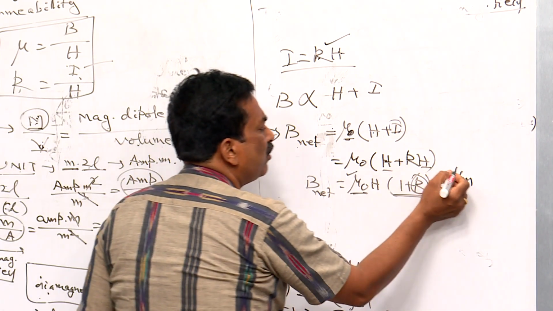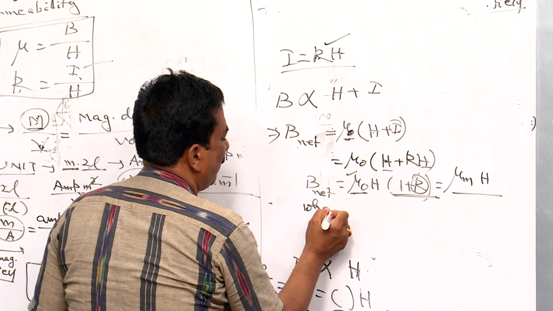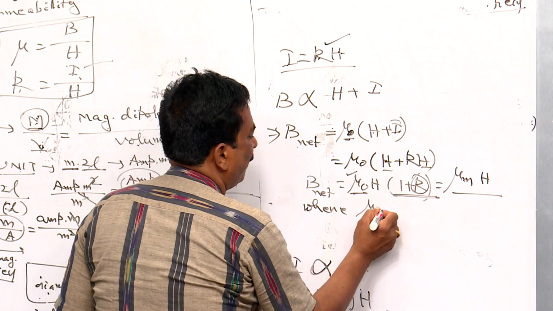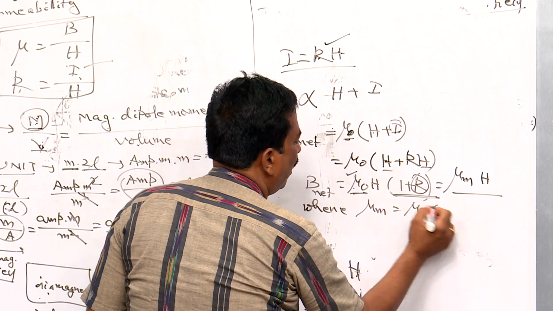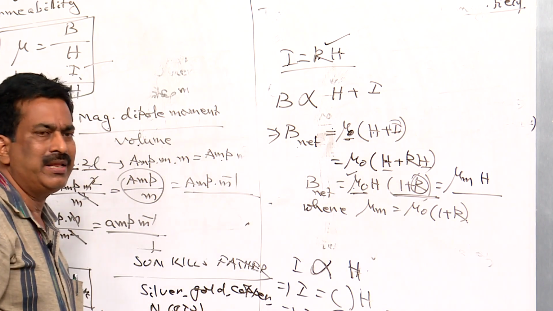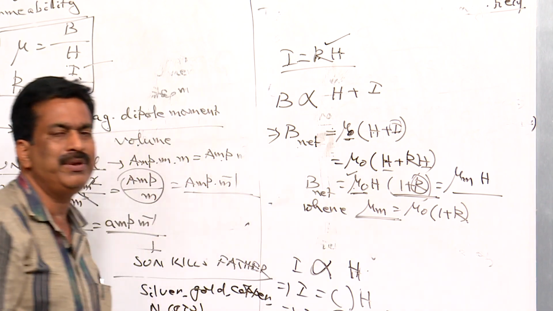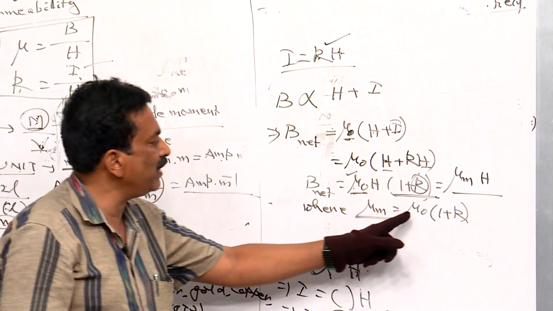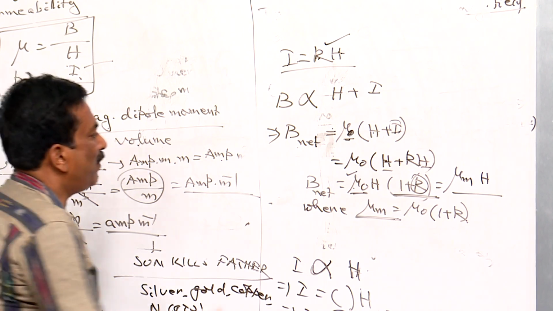So that is the mu m of H, where mu m is equal to mu 0 into 1 plus kappa. This is the resultant permeability mu m of the medium. That medium is equal to mu 0 of 1 plus H. But we know that